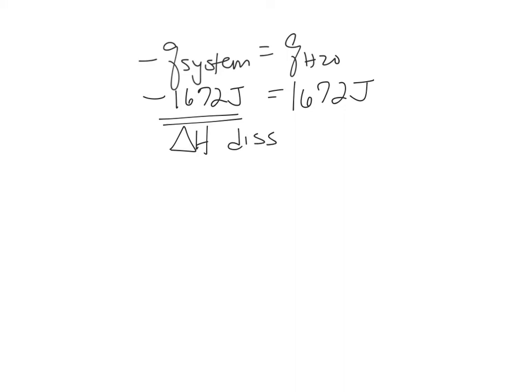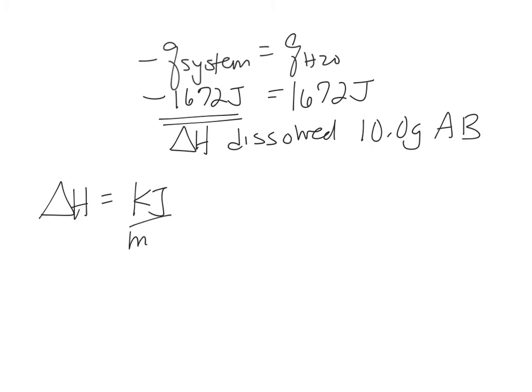and this was the delta H if we dissolved 10.0 grams of AB. Now typically delta H gets written as kilojoules per mole. So we need to figure out, if that many joules dissolved, we would like to know how many kilojoules per mole. Well, we know that